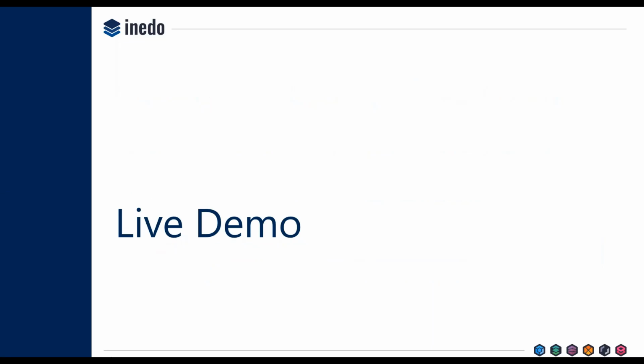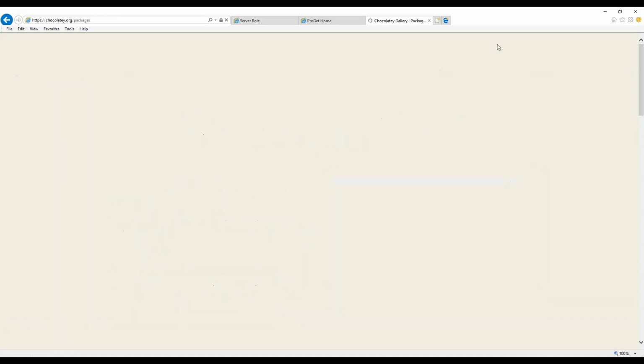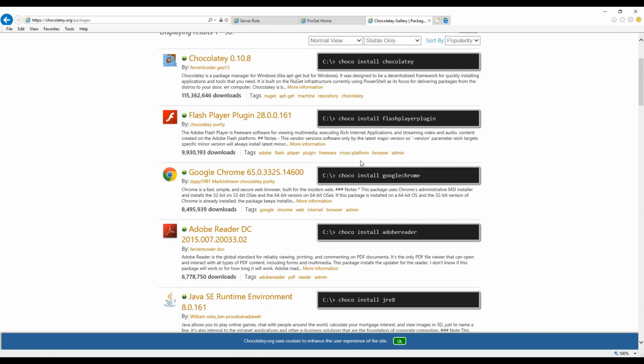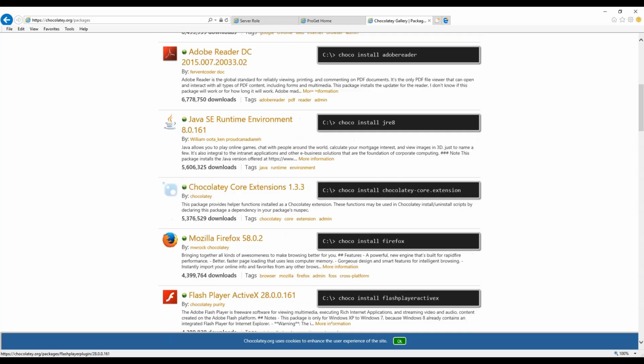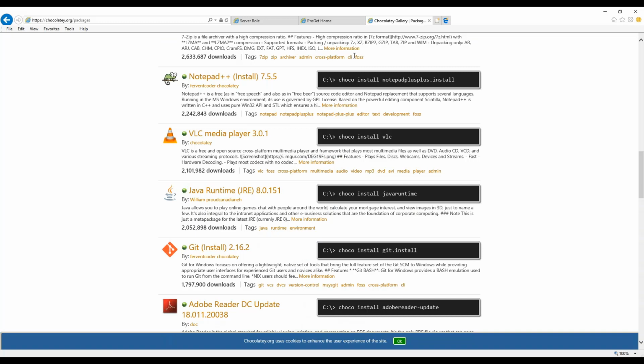Going back to my browser, if we just go to chocolatey.org, what you'll see is there are a ton of third-party packages available. Of course, you can write your own packages as well, but